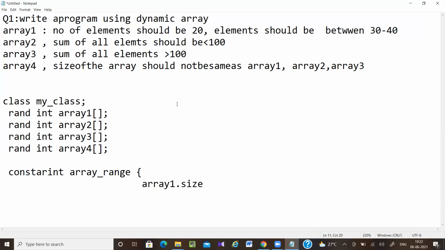But if I am writing two constraints on the same size, then I have to use the soft keyword. So either it can be 30 to 40 or it can be 20. Here I can write array 1 dot size equal to 20.